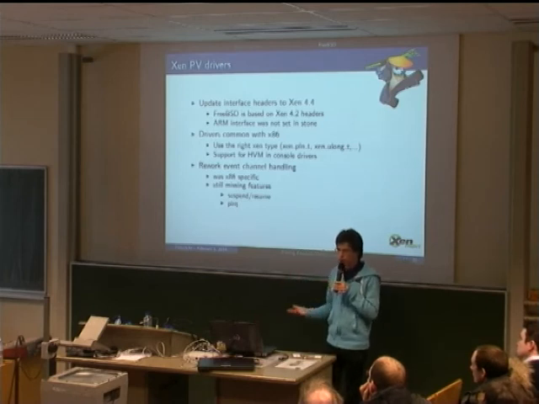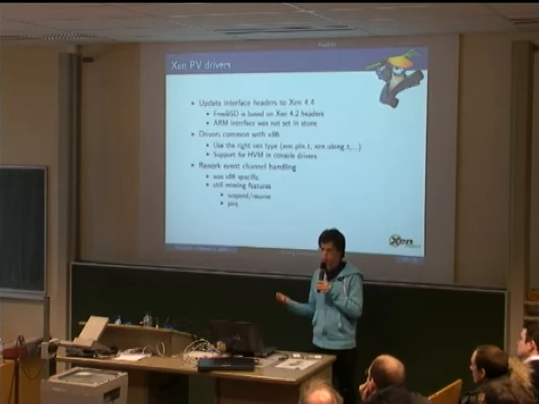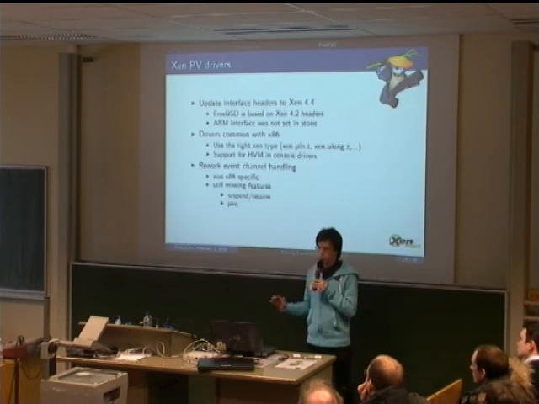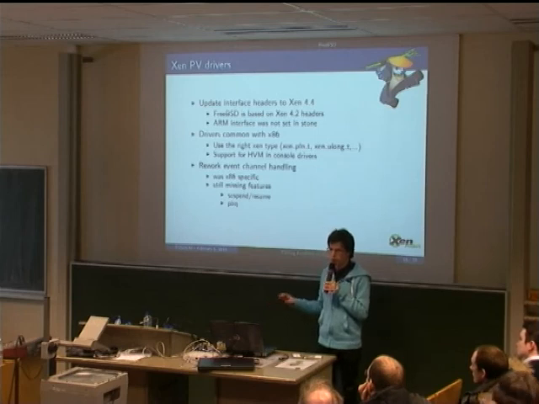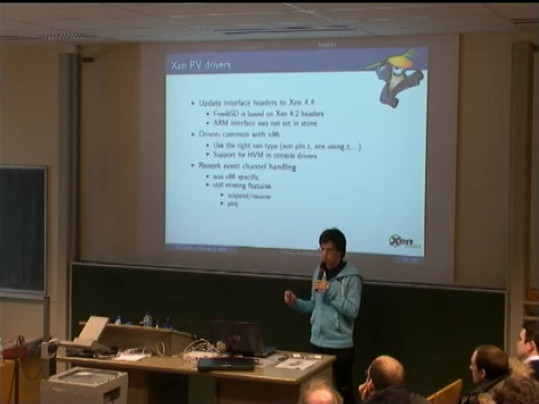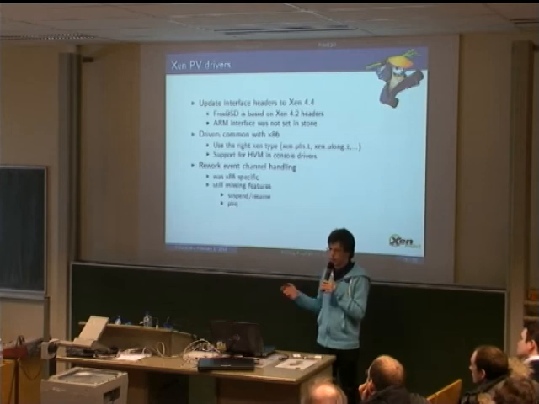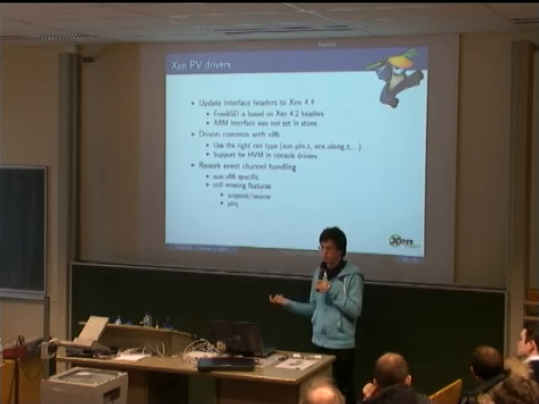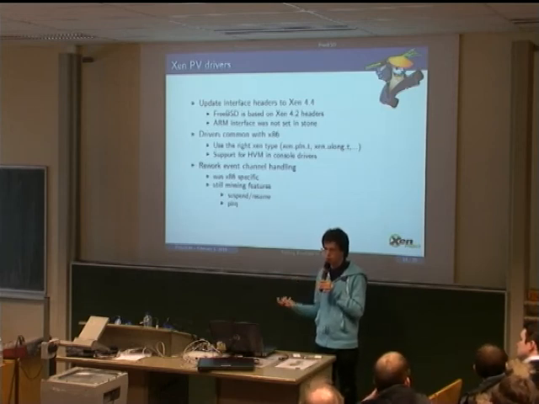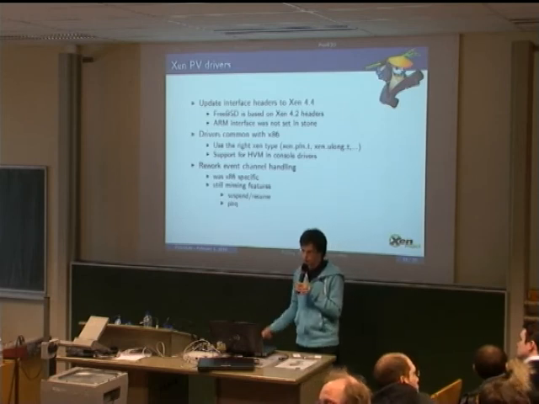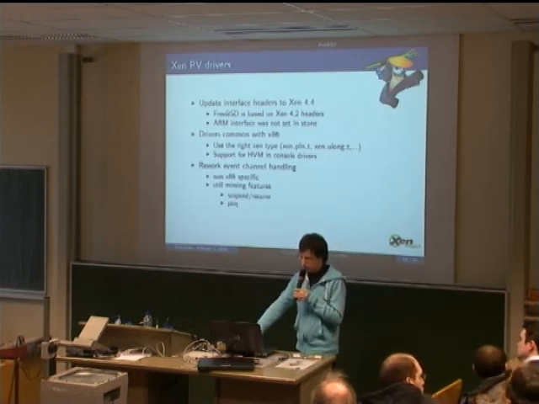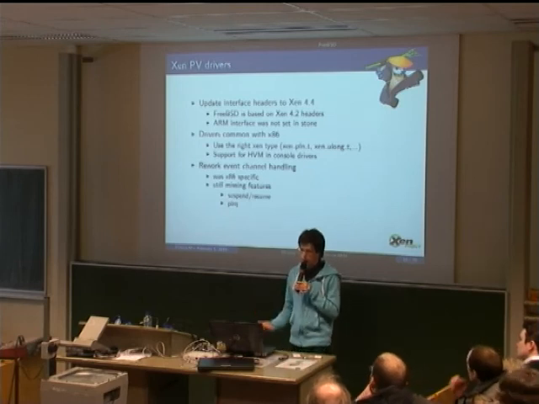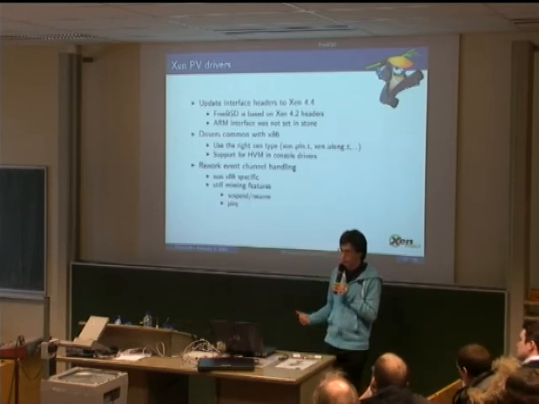So for the drivers, that was fine because I just had to take the drivers and compile them. There were only a few issues because in some places in the driver we used the C type directly instead of the Xen type. For example, for the PFN, we directly used unsigned long instead of the Xen type. On ARM, we decided to use another type for the PFN. The other thing I have added is the support for HVM console.